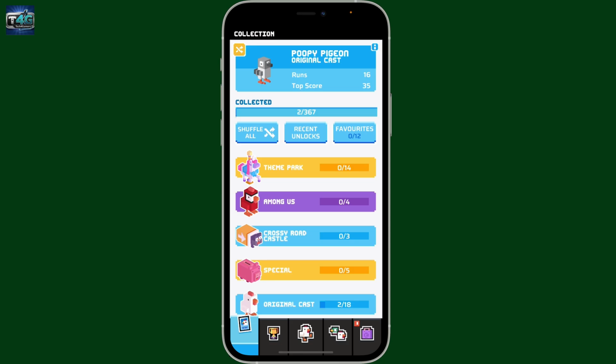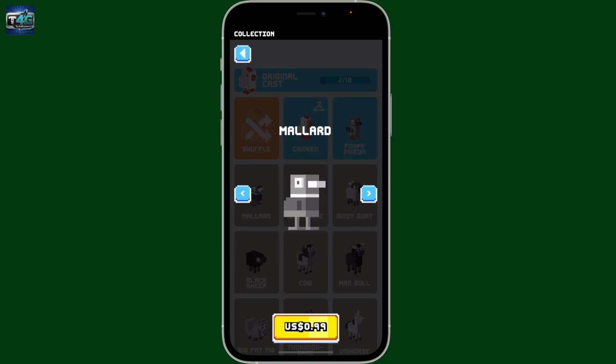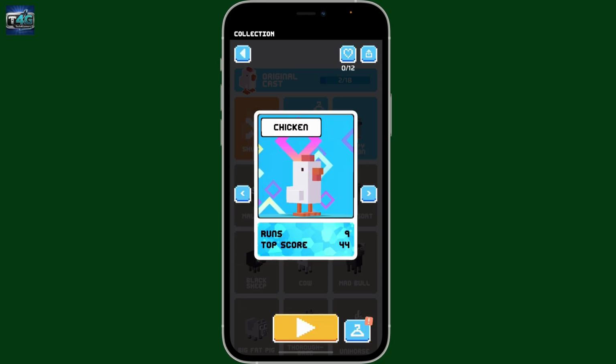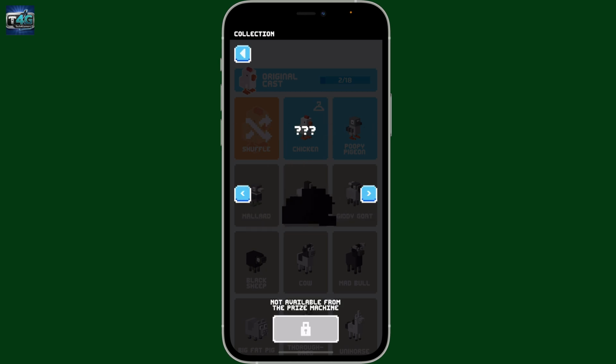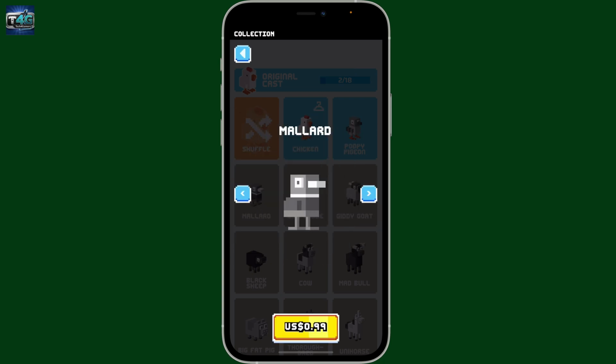In the collection tab, go ahead and choose your character which is located at the top. And then you have this little arrow button on the right and left side of the screen. Go ahead and swipe through and find the character you'd like to change to. I have a Poopy Pigeon right now as a character. If you want to change to something else, simply swipe next and look for the character that you want to